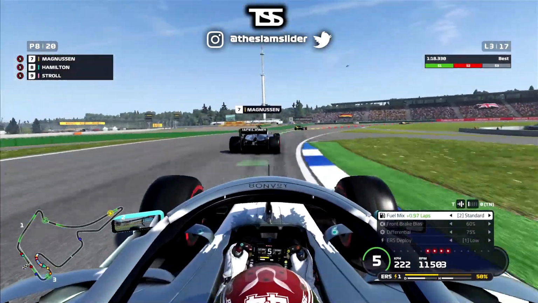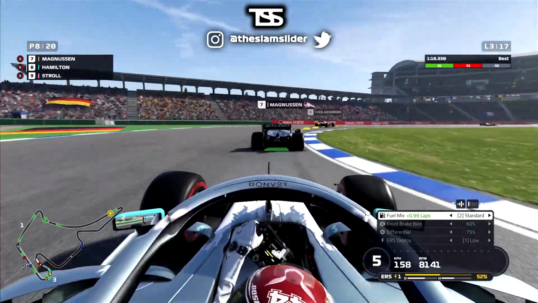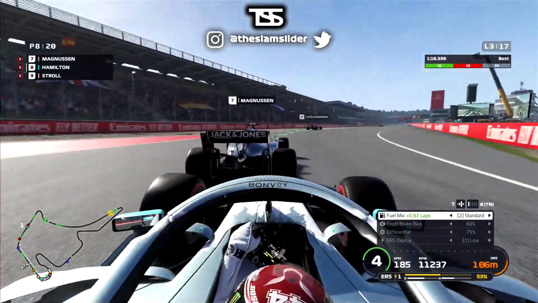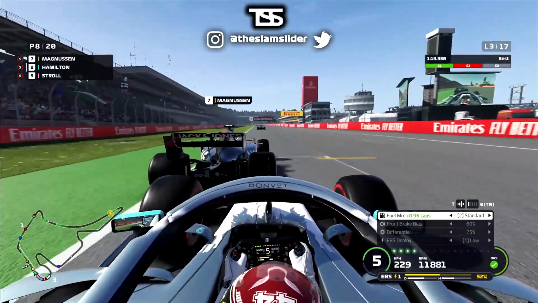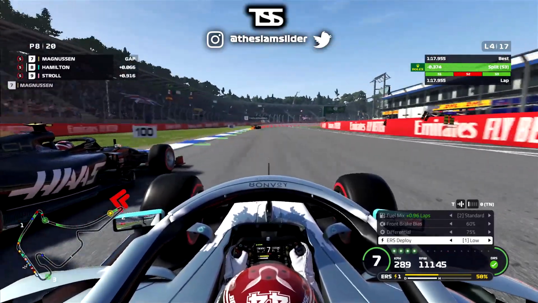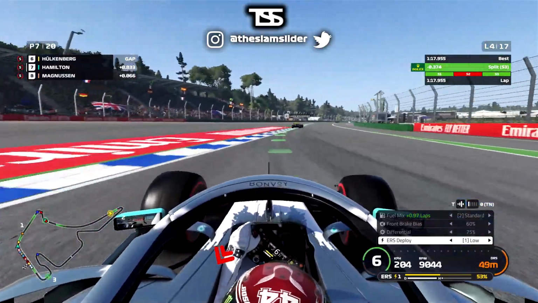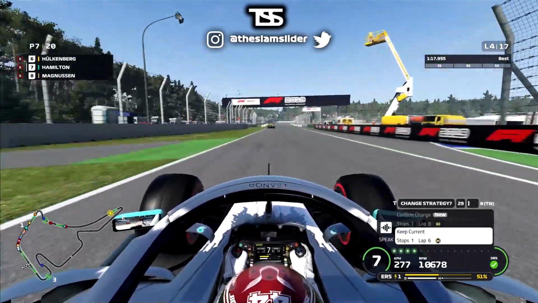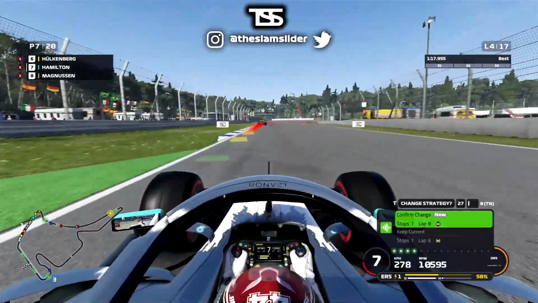So, chasing down Kevin Magnussen, this is only on lap 3, so we are making these moves very fast. I think it's not very usual to make this move so fast. On the last two challenges, I'm not used to slicing through the field, so yeah, basically that. So up the inside on the first corner of Kevin Magnussen, and we have a brand new strategy option from